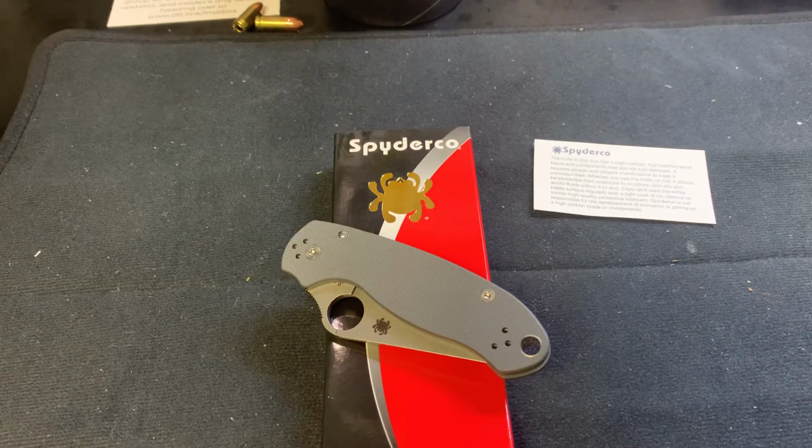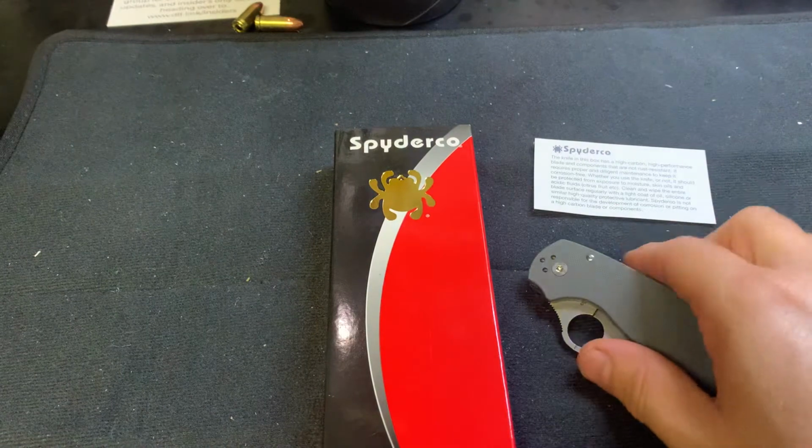This one's kind of a special one. I think it's a very popular knife that many of you probably have or want. This was like my goal for my big high-end knife someday, when I first thought about spending money on knives. The Spyderco Para 3